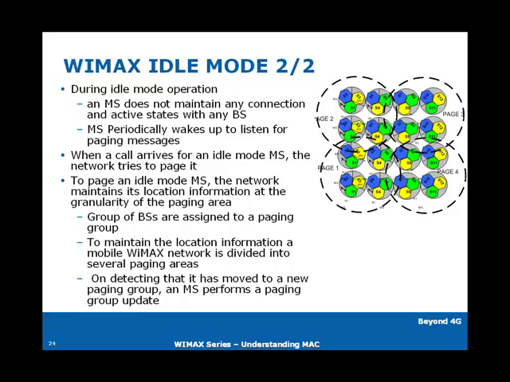Now, a group of base stations is assigned to a paging group. So in the diagram, you can see that a particular number of base stations forms page group 1 or page group 2 or page group 3. And to maintain the location information, a mobile WiMAX network is divided into several paging areas or paging groups. And on detecting that it has moved, the mobile station has moved